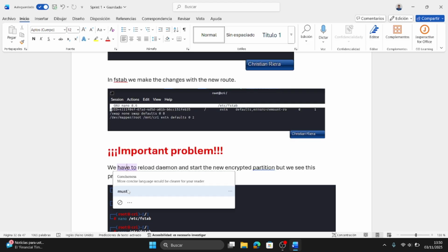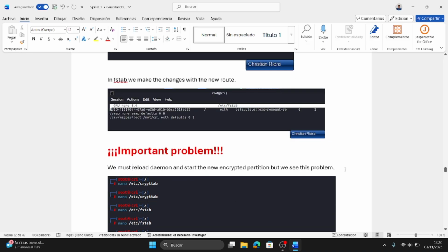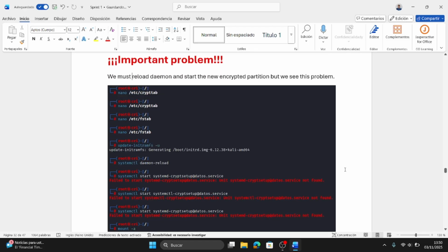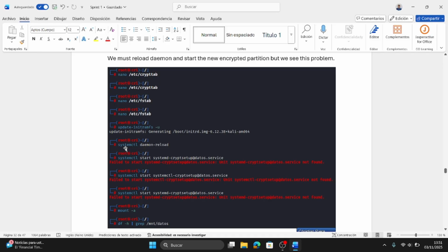And here is where I have an important problem. When we finish the previous steps, we have to run systemctl daemon-reload and start the cryptsetup service. And we see this message that it failed.